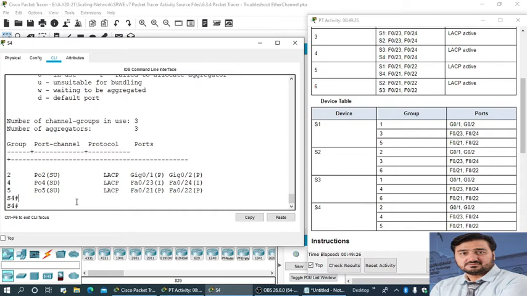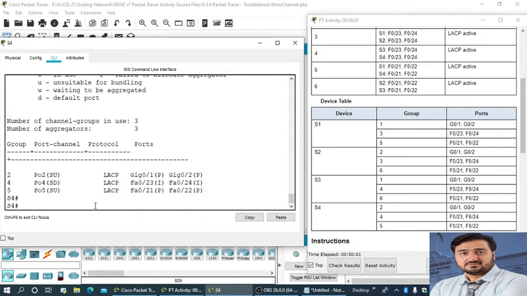So what we did, this port channel interface assignment can be confusing, and it is possible that an error can occur when assigning a port to the port channel. In this case, the port you can see here 21 and 22, it was assigned to port channel 4 on switch 4. So we need to reassign the port, and as we did, we reassigned these ports to port channel 5. So that was the mistake.